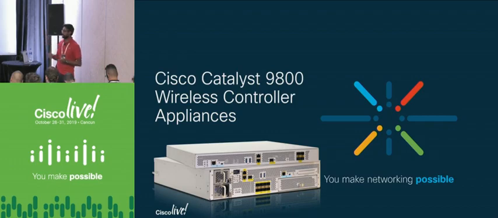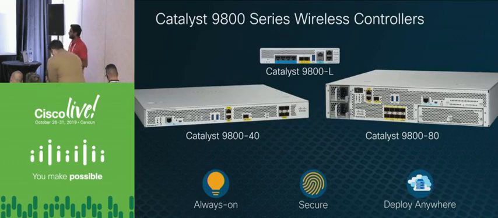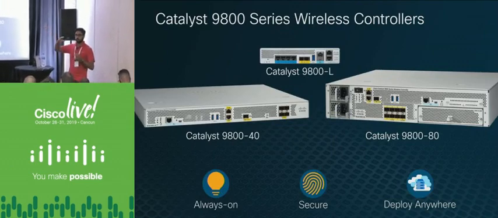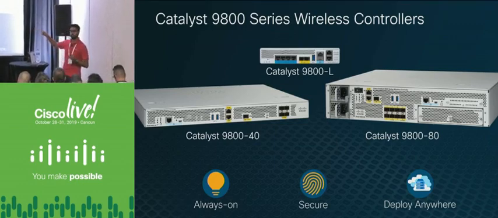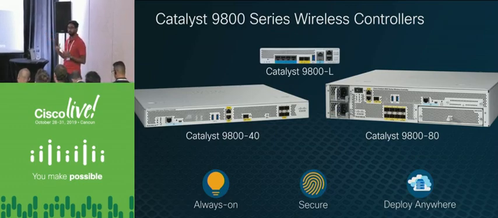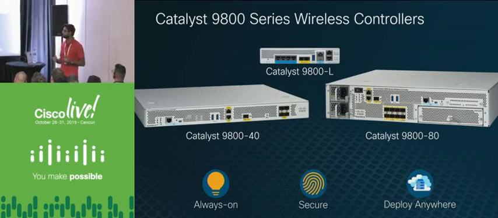So we'll start with appliances. From an appliance standpoint, you can see 9840, 9880, and 9800L. From an AireOS perspective, the 9840 would equate to, you can compare it with the 5520 controllers. The 9880, you can compare it with the 8540 controllers. The 9800L to your 3500 controllers. So